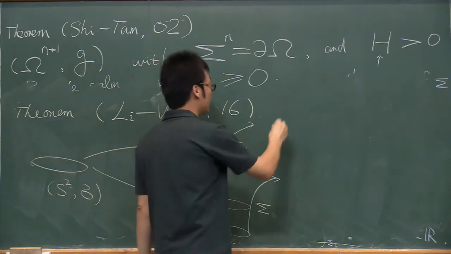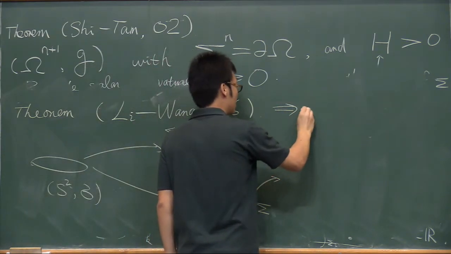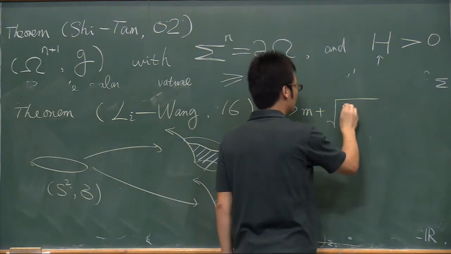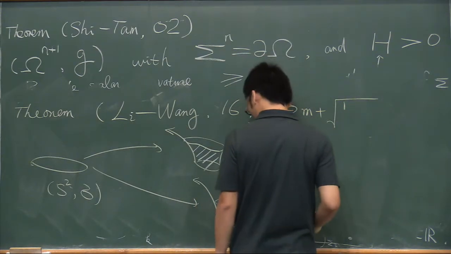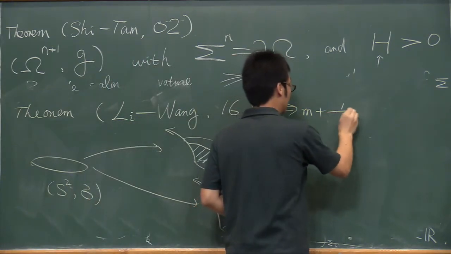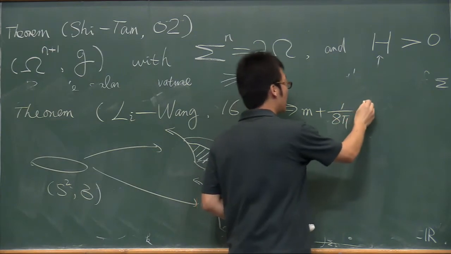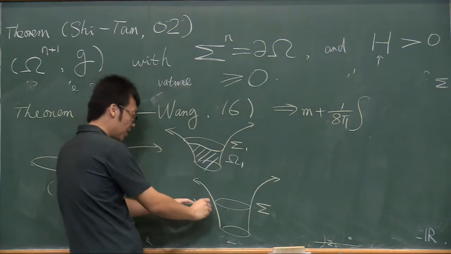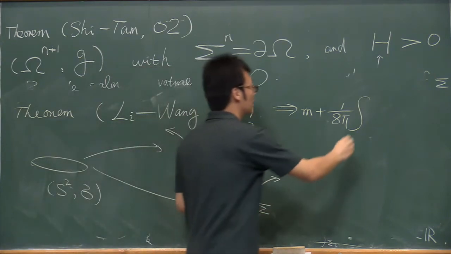What do we get? We would get m plus a quantity that comes from the Brown-York mass, which is 1 over 8 pi times the integral of this mean curvature,